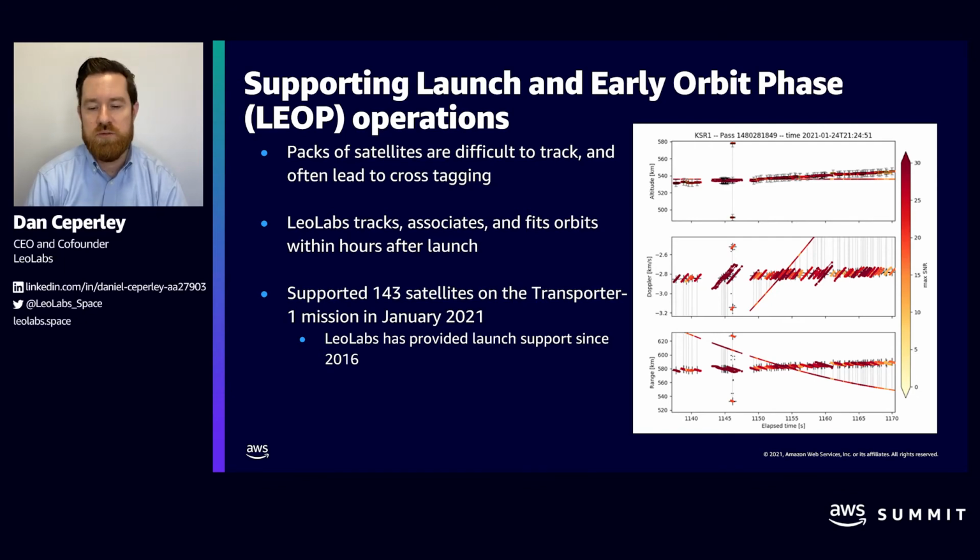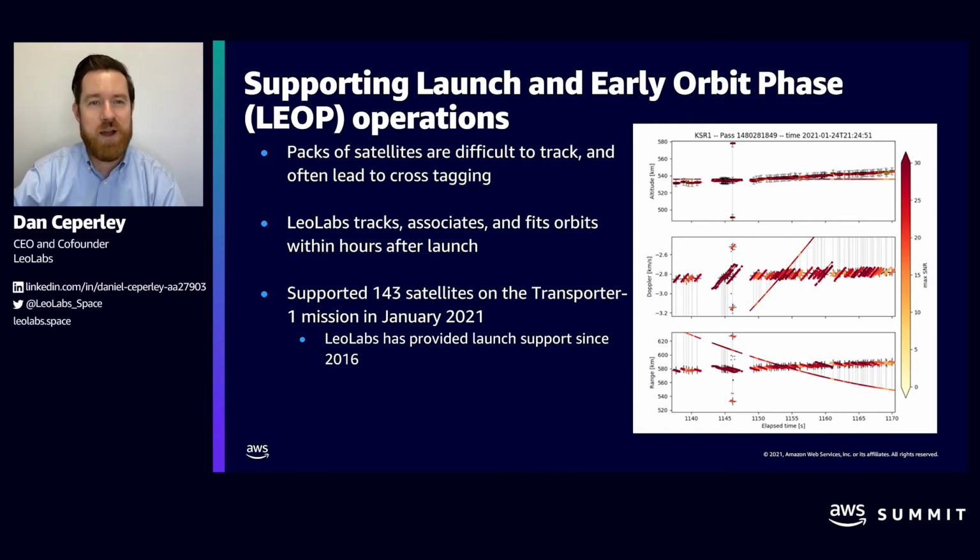The data that you see on the right side of the screen here shows some of the first radar data that we collected on that Transporter-1 launch. Each one of those slashes represents a separate satellite that was deployed into space. And across the horizontal axis, you can see we've got time in seconds. So basically, over the course of 30 seconds, we saw a pack of satellites fly past one of our radars, and we were able to turn that data into predictions about where those satellites would be, so that the satellite operators could point their antennas, get in touch with their satellites, and move them into operations. And I'm quite proud to say that that entire deployment went quite smoothly.